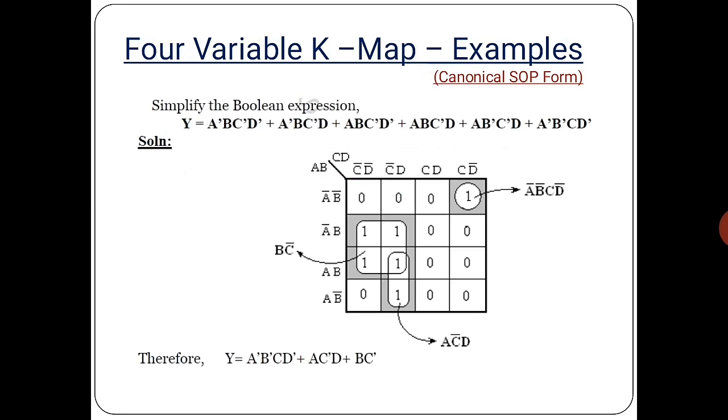So now we can go for the 4 variable Karnaugh map. We already know that in our 4 variable Karnaugh map, the leftmost has the a and b, and the topmost has the c and d. So the sequence will be 0 0, 0 1, 1 1 and 1 0. So it is a bar b bar, a bar b, a b and a b bar. The same sequence is followed for the c and d variables. So now we are going to